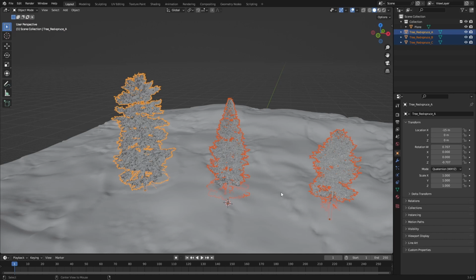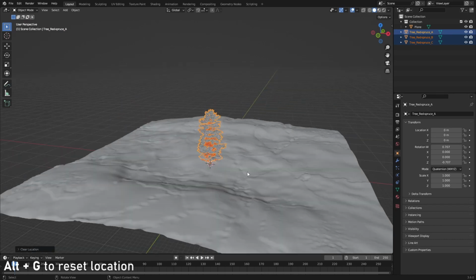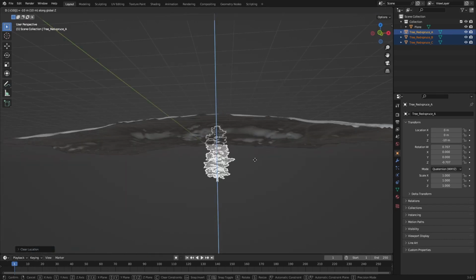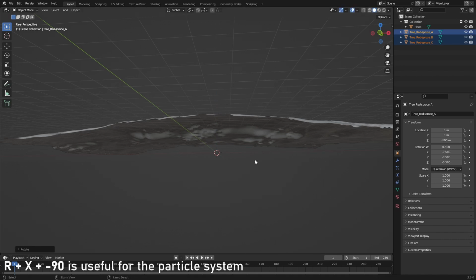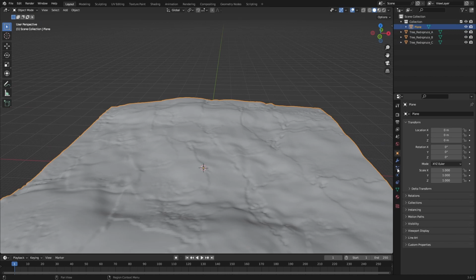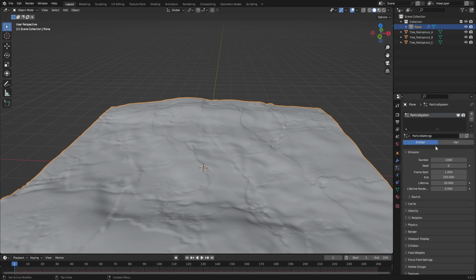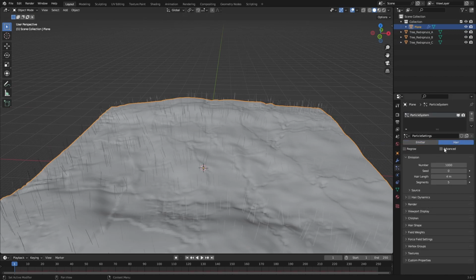We can just reset the location. We're pressing Alt G and then moving it down by about 100, rotating it on the x-axis by -90 degrees, and then applying the rotation. Then go over to the particle system, add in a new particle system, set to hair, enable advanced rotation, and